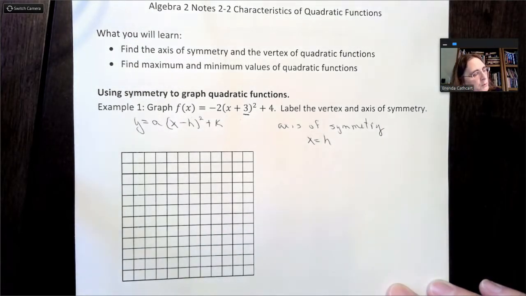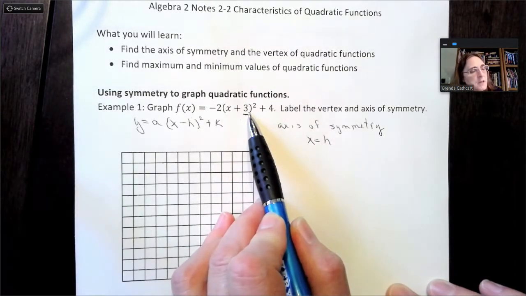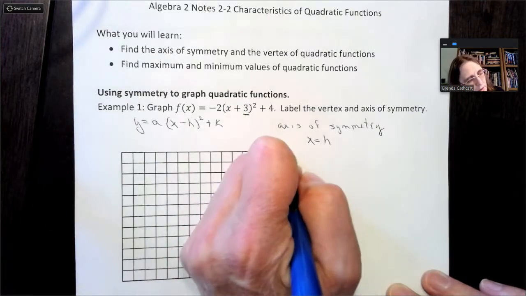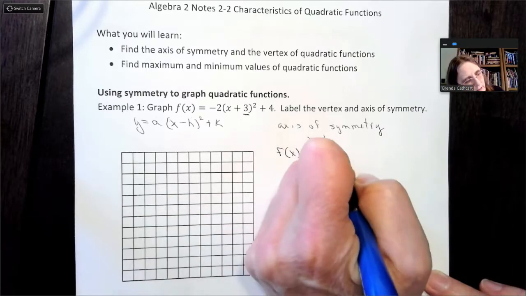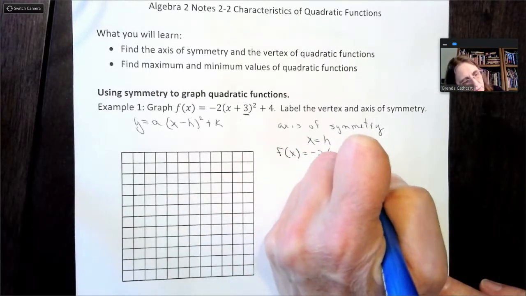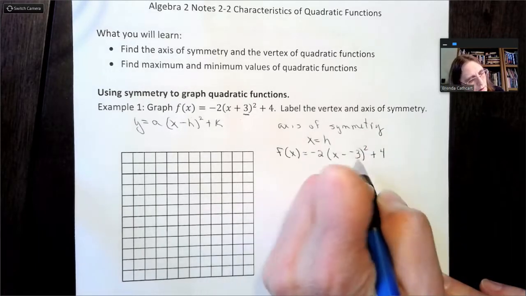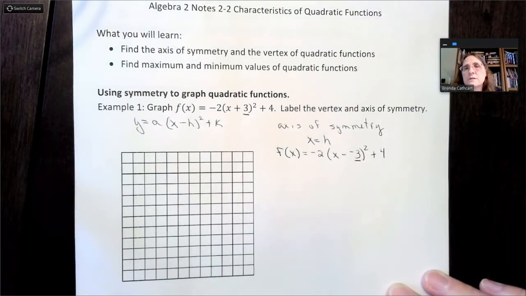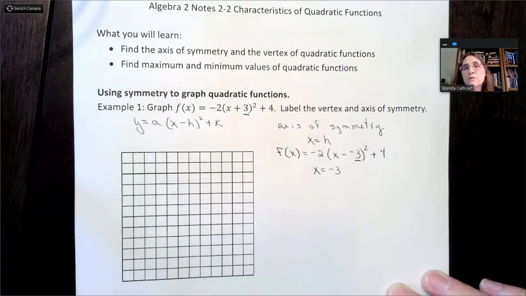So in this problem, we have x plus 3, which is the same as x minus -3. That is, our function can be written as f of x equals -2 quantity x minus -3 squared plus 4. Our h then is identified as -3,